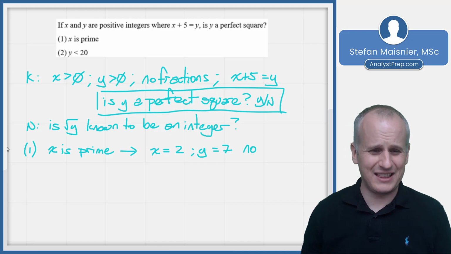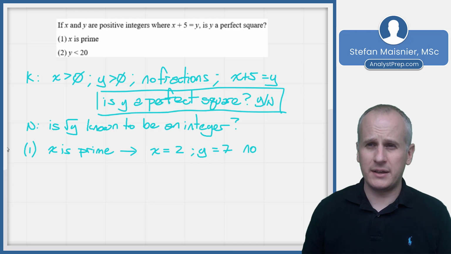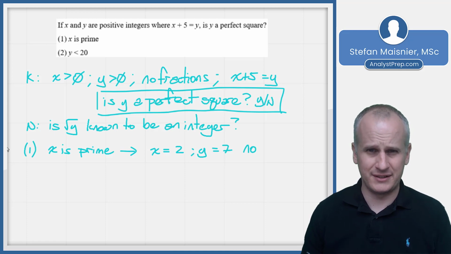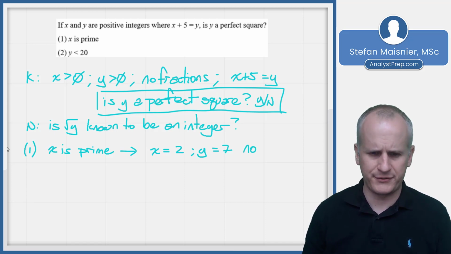So we've got to think, though, what are the perfect squares that Y could be? Well, Y could be 4, but then X would have to be negative 1, because negative 1 plus 5 would give us 4, so that's not going to work. If we go up to 9, it would be 4 plus 5, and X wouldn't be prime, so that's not going to work. But if Y were to equal 16,